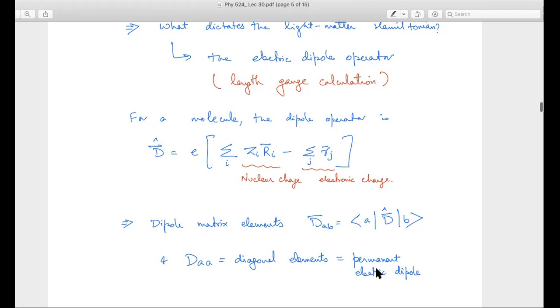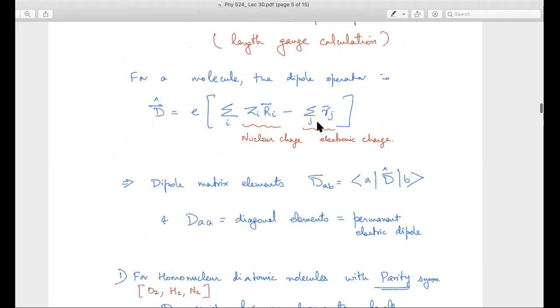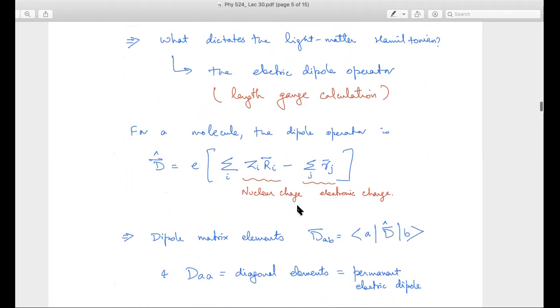This is important for emission and absorption experiments. We have another kind of experiments, which are called scattering experiments. In scattering experiments, you will find that the interband dipole matrix elements, so d_AB, become more important. They give rise to what is called Rayleigh scattering and Raman scattering. We will see a bit today, but otherwise, for absorption and emission, d_A, the diagonal parts of this dipole operator, become more important.